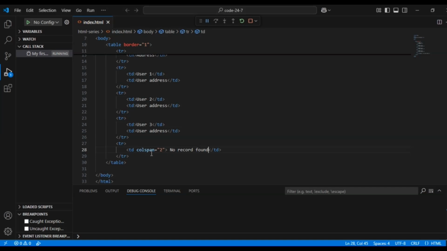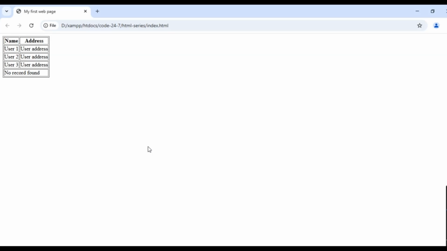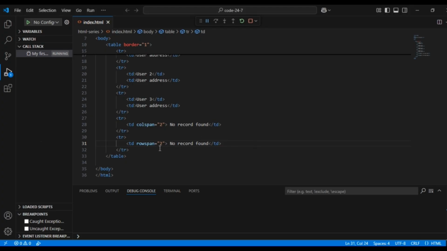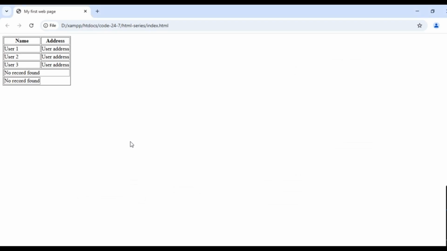And even you can merge the row as well by using the rowspan, like this. Okay, so